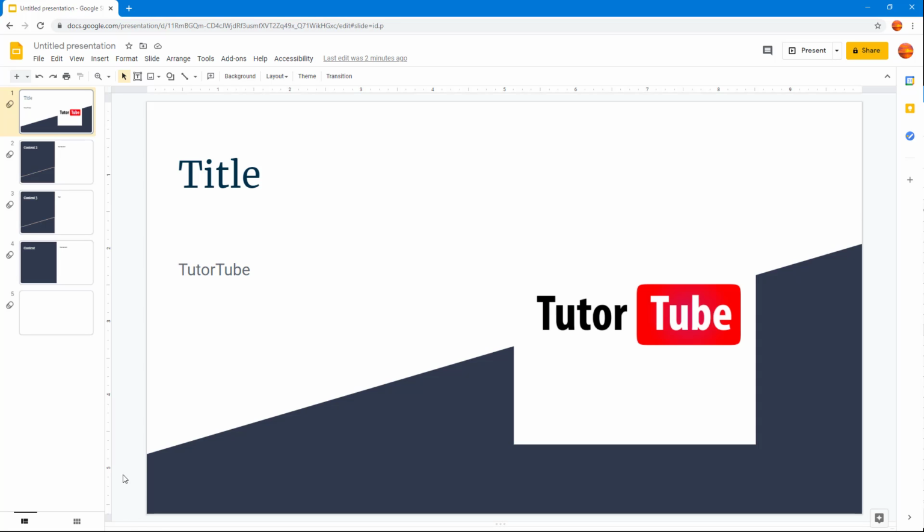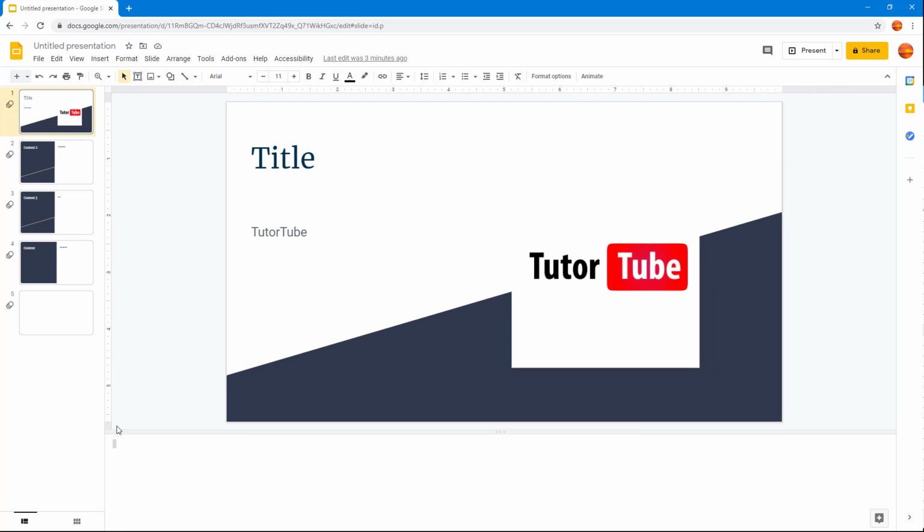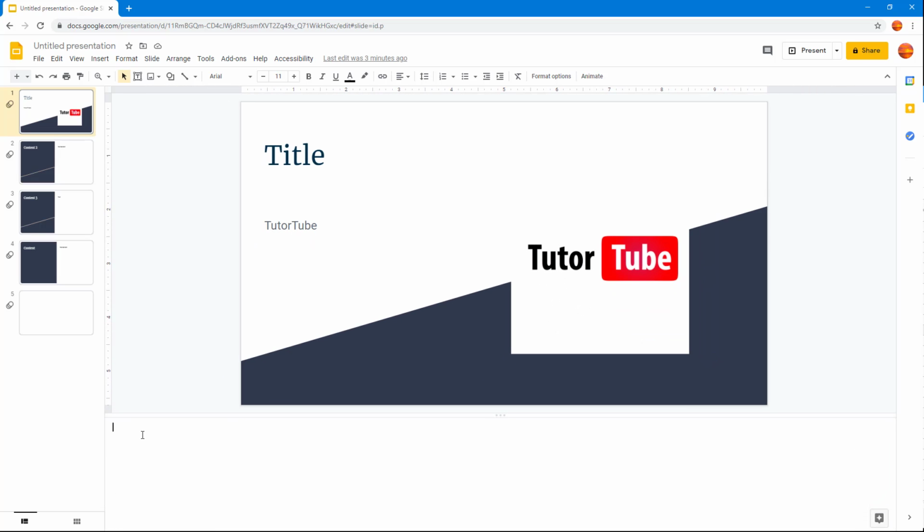If I were to click and drag this right here, you can see that the speaker notes actually pop up. So what you can do right here is add in details. For example, say welcome to TutorTube, and then you might want to say something like lessons at your convenience. So you can type in the notes that you want handy that only you can see but